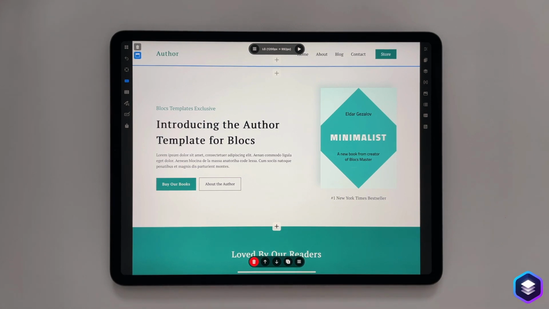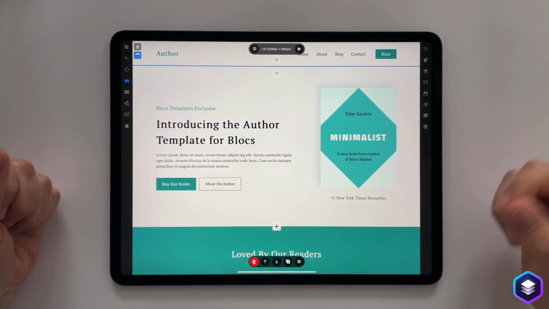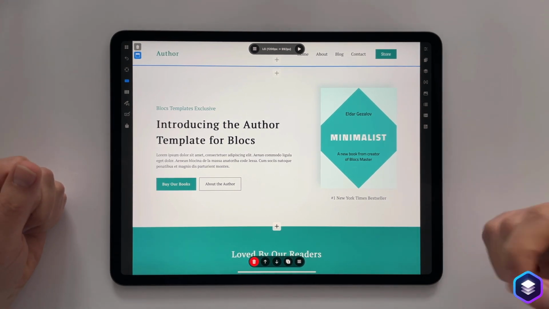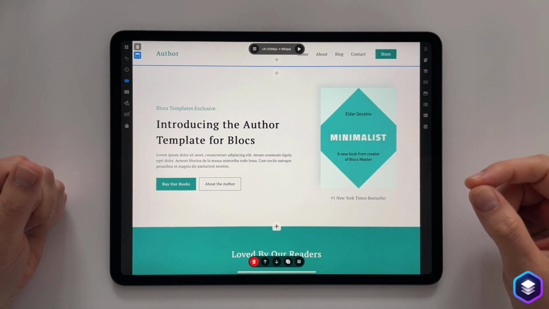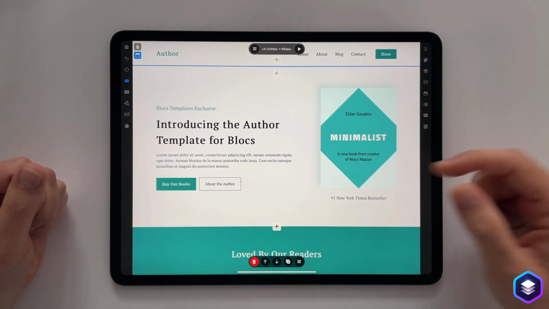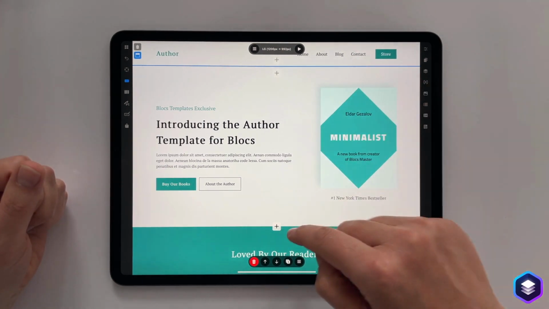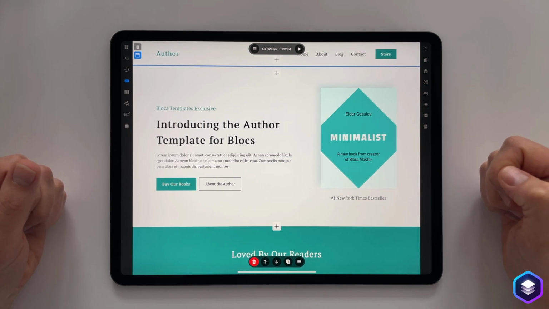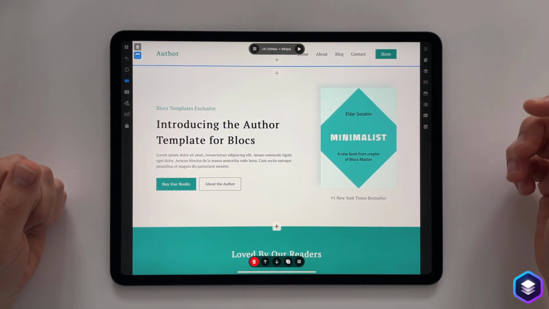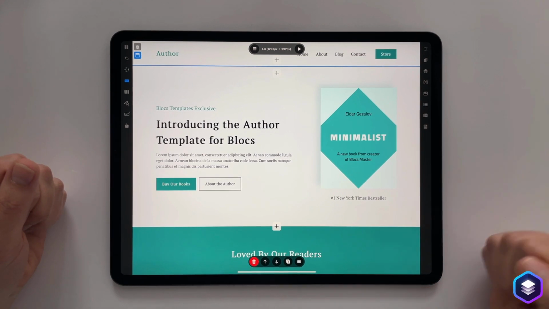So the next thing we're going to talk about is the block bar. If you've built a website in Blocks before, the block bar is without a doubt one of the pieces of the interface that you're going to be coming into contact with all of the time. These little plus symbols, when we're working with Blocks with a mouse and keyboard on the Mac, aren't always illuminated like they are.